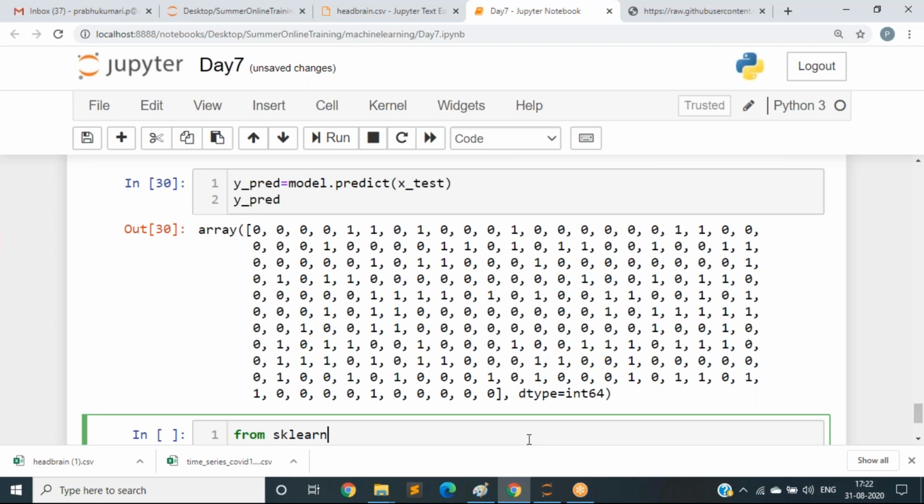You can also calculate the confusion matrix under the classification metrics. From sklearn.metrics import accuracy_score.